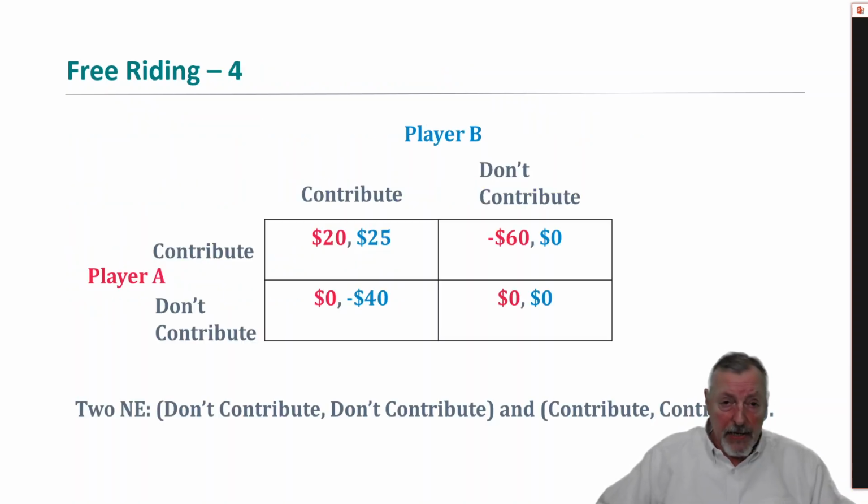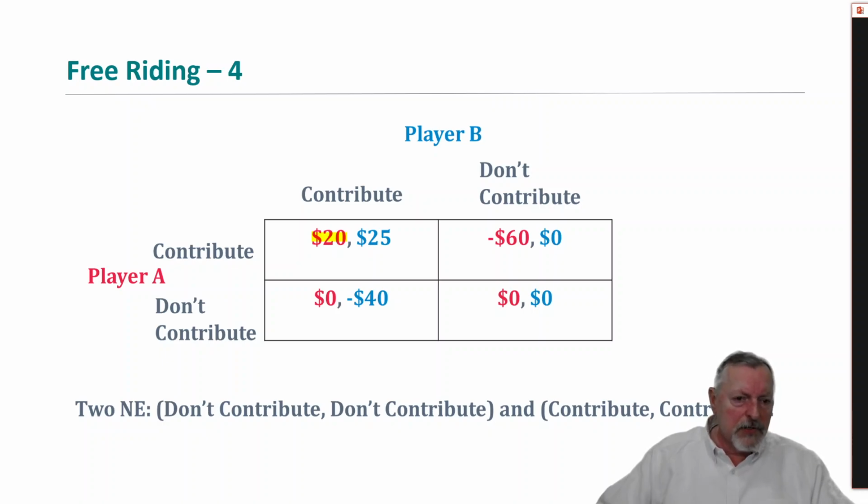Okay, player A. If player A is thinking of strategies: if player B contributes the money, then we'll be in this left-hand column. Player A has a choice. Spend the 60, contribute 60, and get something that player A thinks is worth 80. That would be plus 20. Or don't contribute. That means no air conditioning. Player A hasn't spent anything, but doesn't get air conditioning. It would be 0. So player A, in this case, will contribute.